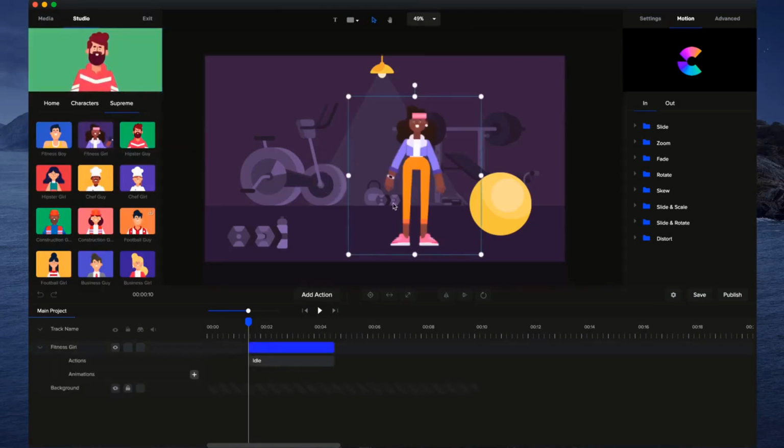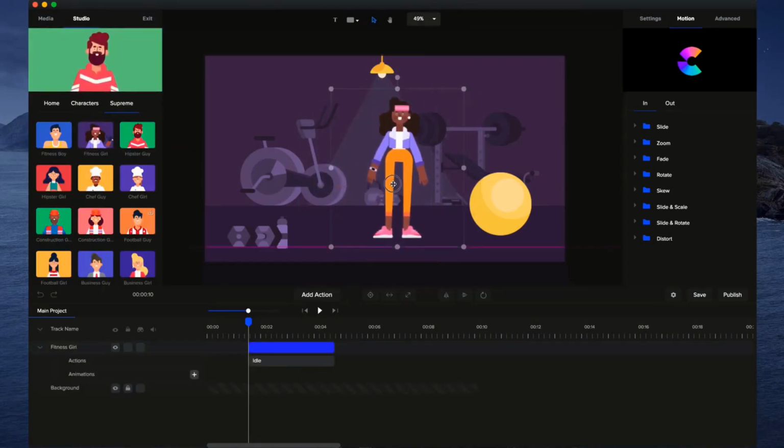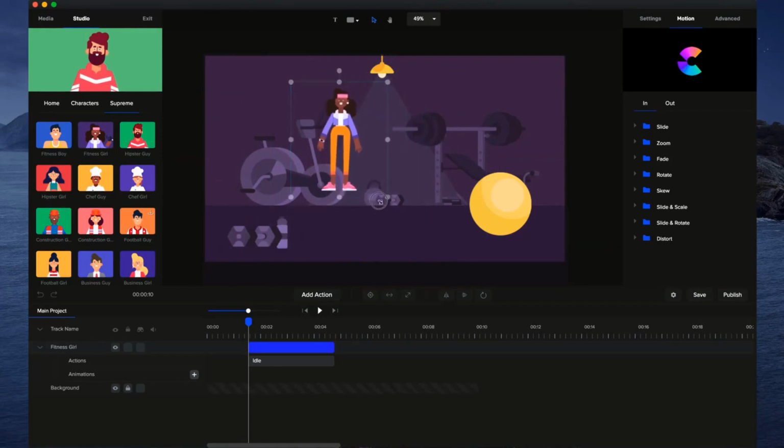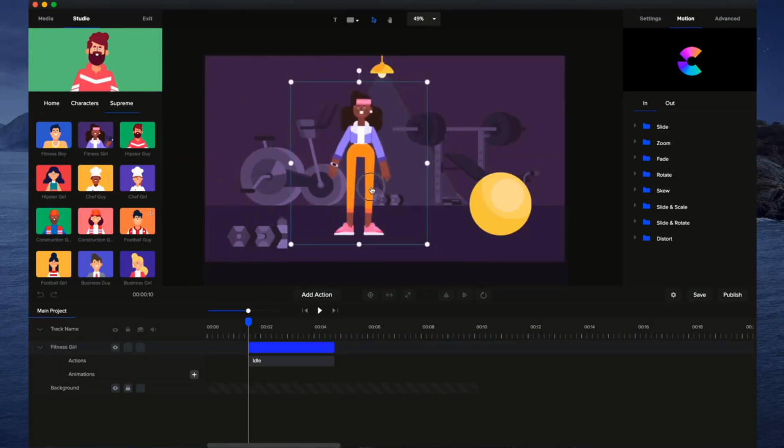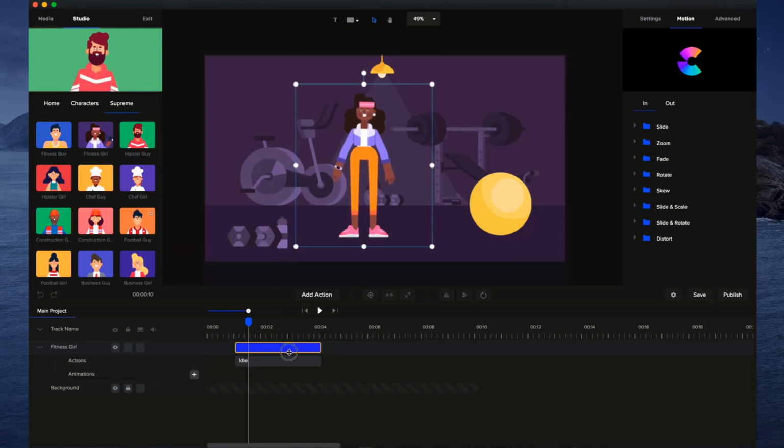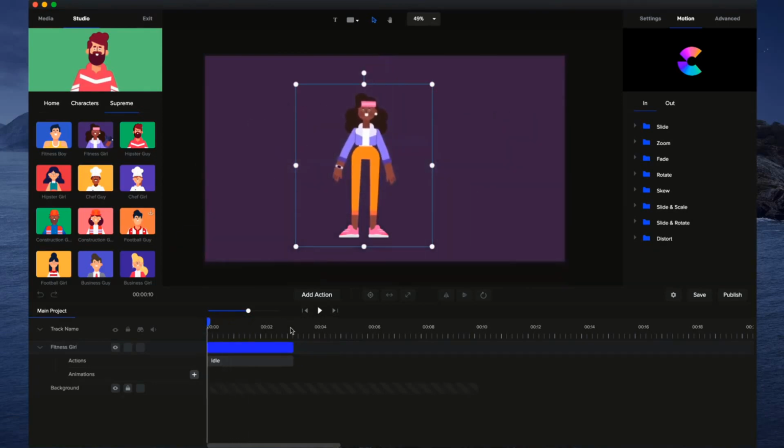So I'm going to grab this girl over here and just simply drag and drop it onto the canvas. You can position it as you like. You can make her bigger or smaller. It's really that simple. So I'm just going to drag her over to the start,